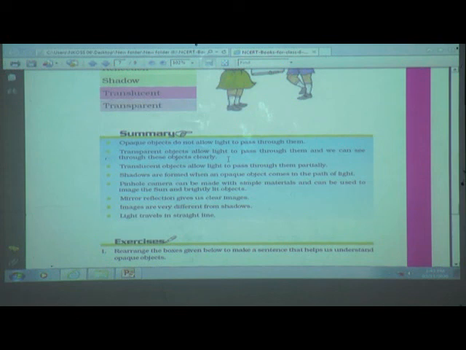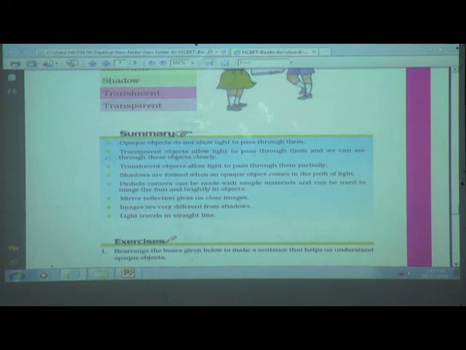Next one, pinhole camera. A pinhole camera can be made with simple materials and can be used to image the sun and brightly lit objects. Okay, so this pinhole camera you can make in your home also. Now mirror reflection. Mirror reflection gives us clear images.